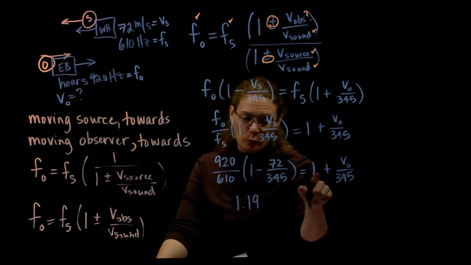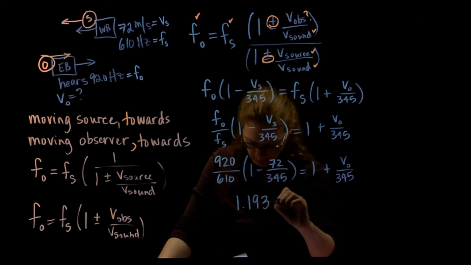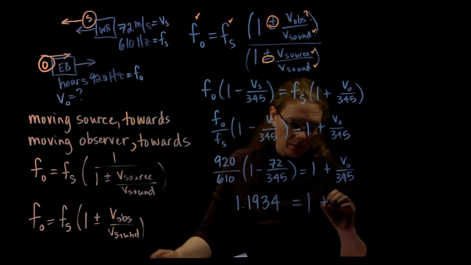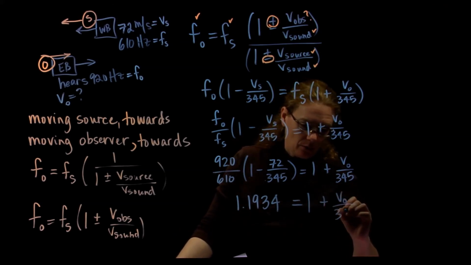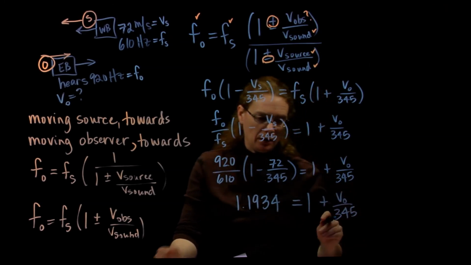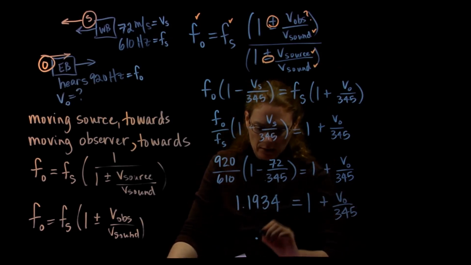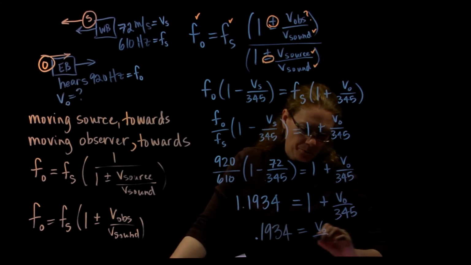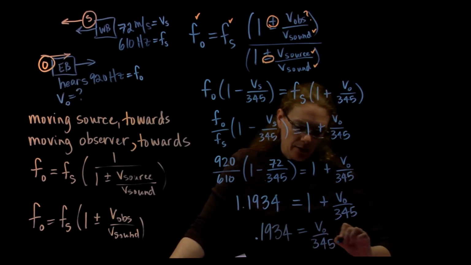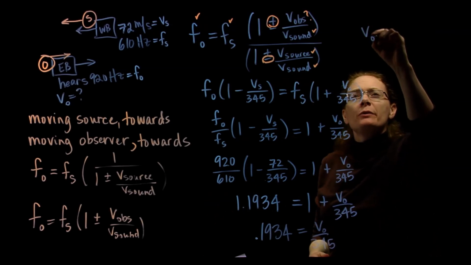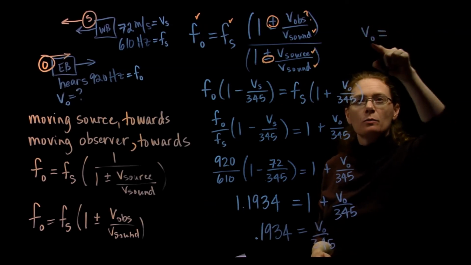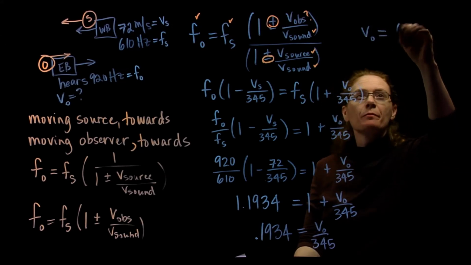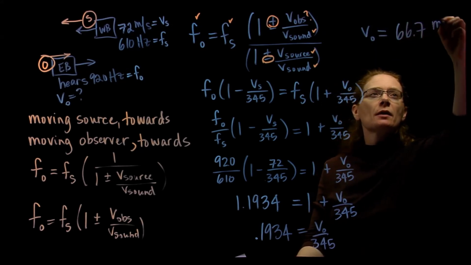And now here, I would suggest keeping decimal points out a couple more because that's really close to 1. And I see that I have 1 here. I'm going to keep a couple more decimal points out so that I have a better answer. Okay, so now I'm subtracting 1 from both sides. 0.1934 equals V observed over 345. My observed speed, the speed of my observer, is 345 times 0.1934, and we get 66.7 meters per second,